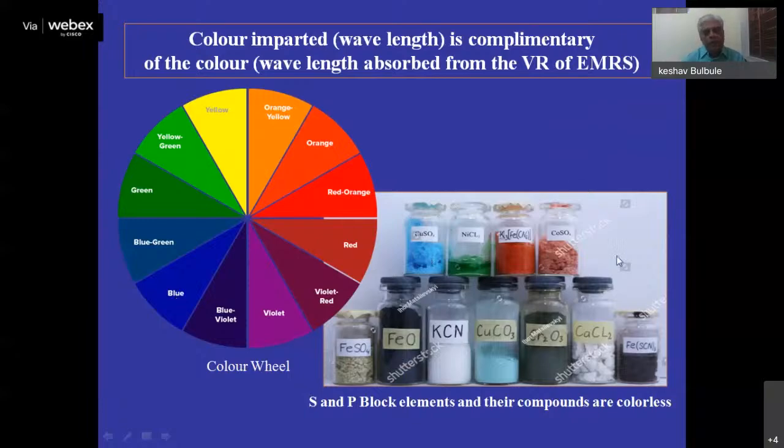blue in color. Most of the dichromates are orange in color. Their absorption is going to be blue. Therefore, the color imparted corresponds to the orange wavelength. The color